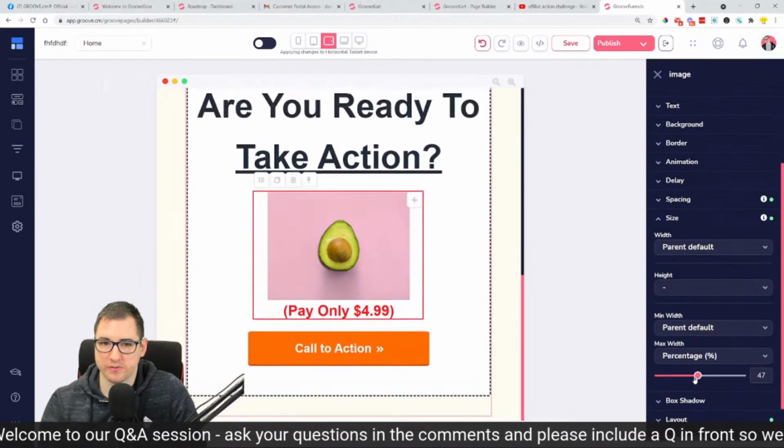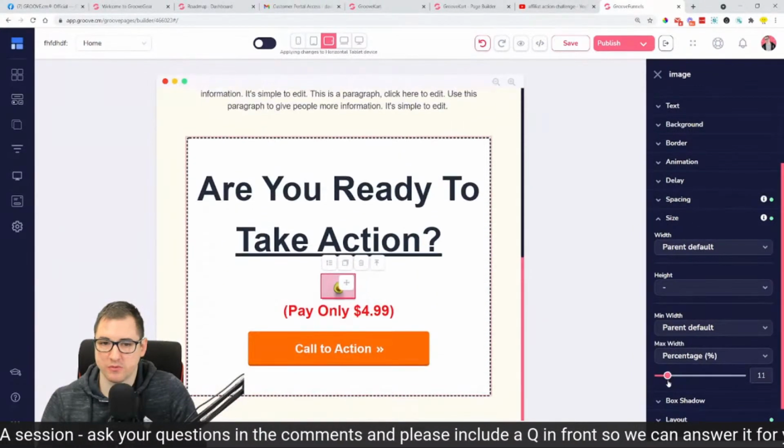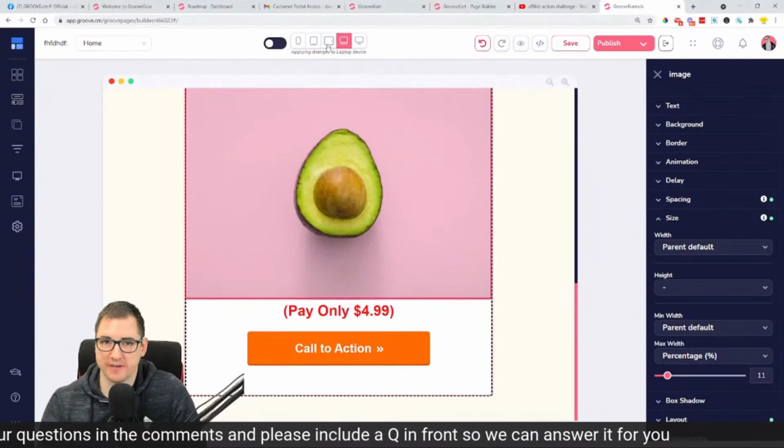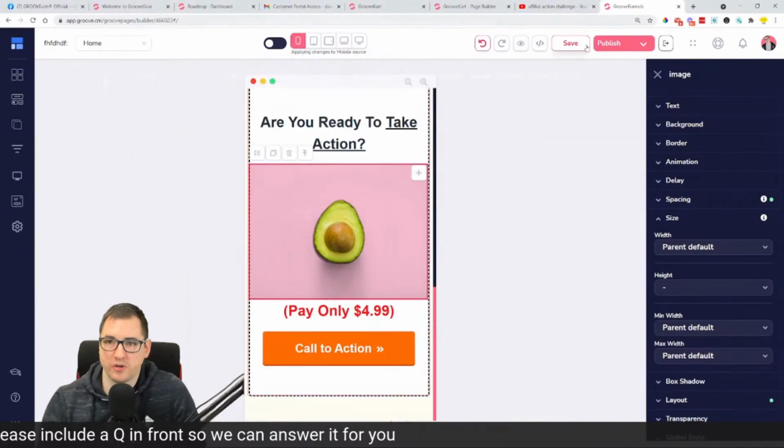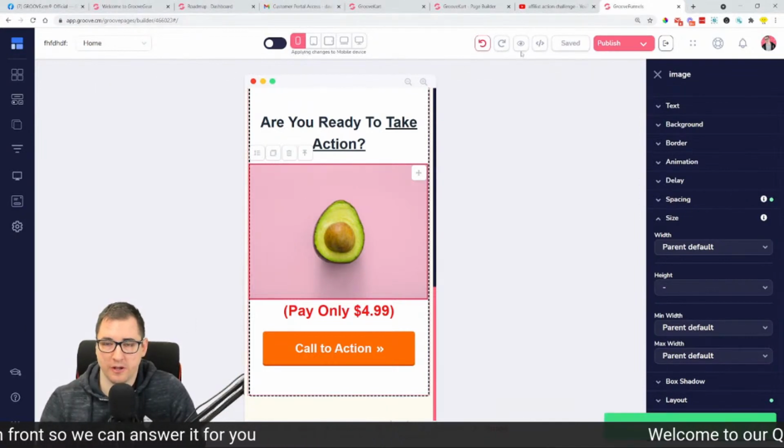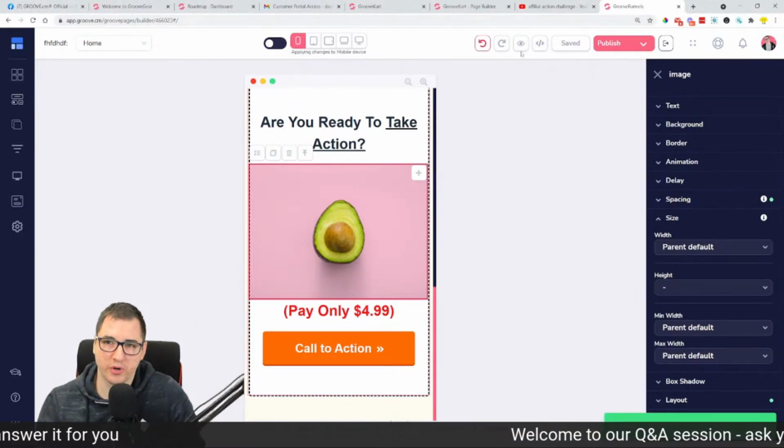So here, I want to make it super small. On the rest of the devices, it's going to stay big, except on the horizontal tablet. So let's just check. I know that this is super